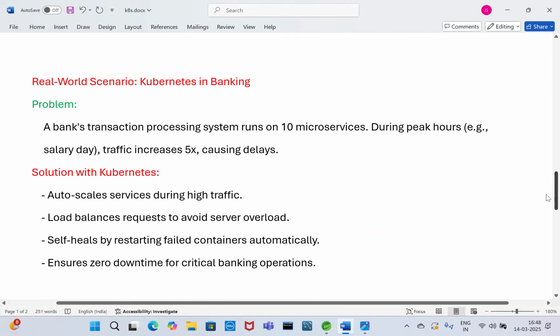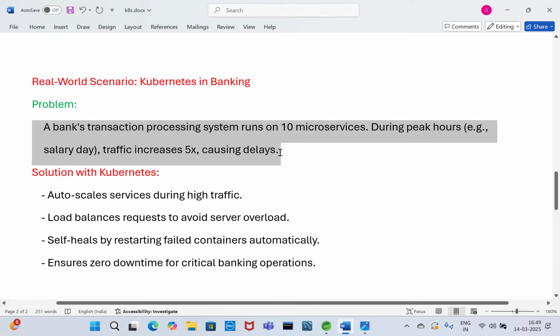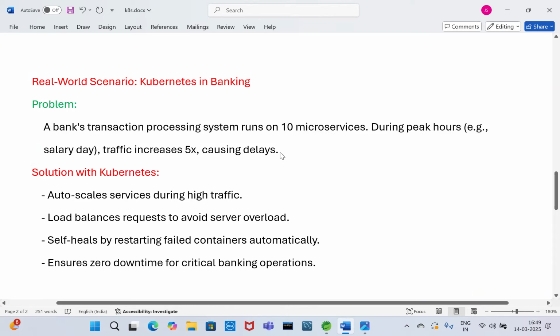Let's understand the real-time scenario: Kubernetes in banking. Problem: a bank transaction processing system runs on 10 microservices during peak hours. For example, on a peak day, traffic increases 5x, causing delays. Solution with Kubernetes: auto scaling services during high traffic.